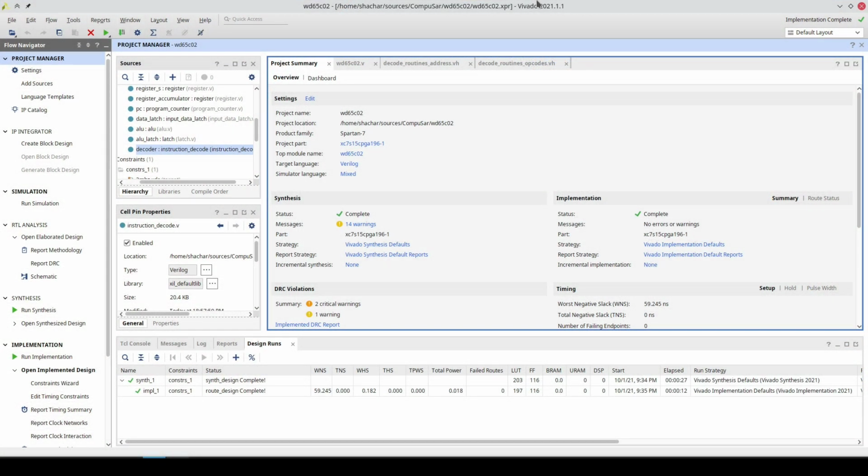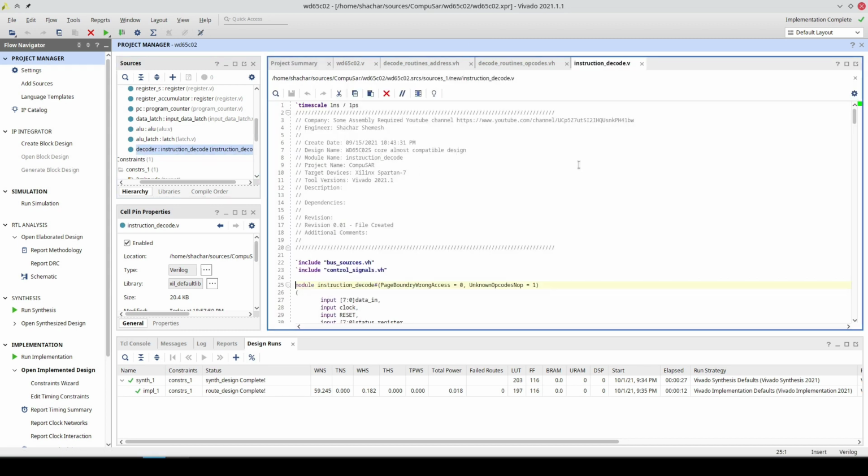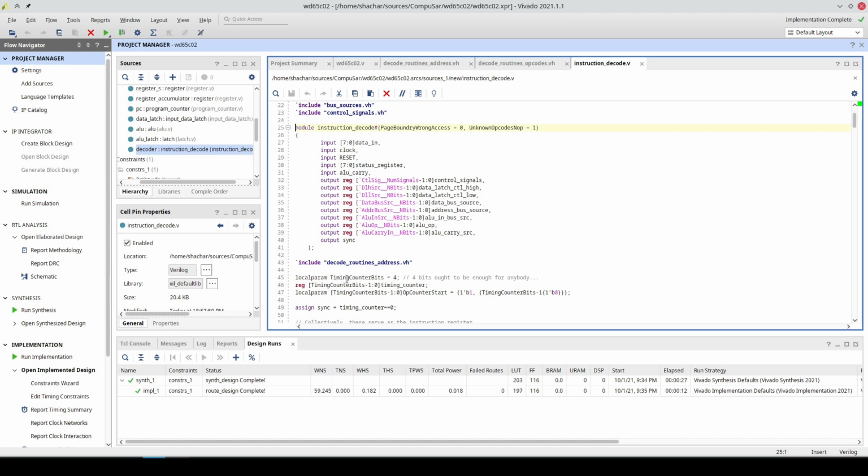So it's the same, despite this diagram being much more detailed than the more modern diagram. So let's have a look at how this translates to actual code. Let's open the decoder. First of all, we have the timing counter, which is the timer control. Since the longest instruction I found in the 6502 takes around 6 cycles, I gave the timing counter 4 bits, which means it can count from 0 to 15, and that ought to be enough for any opcode executed. We'll see if that's a problem later on.